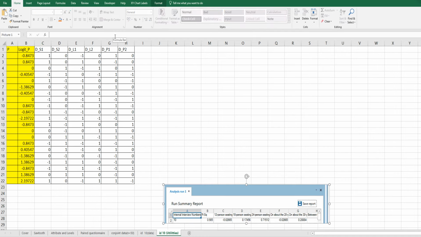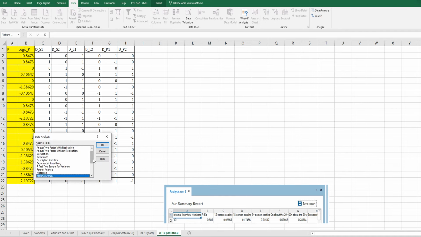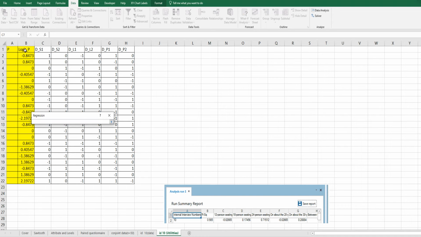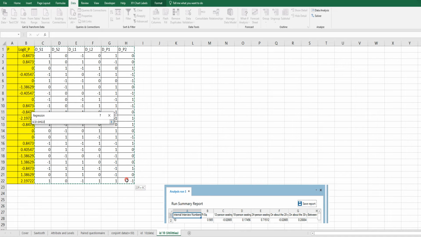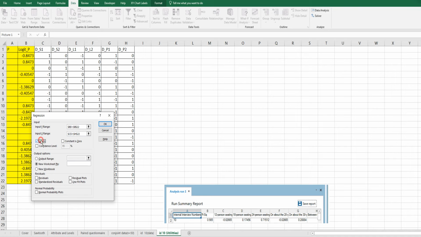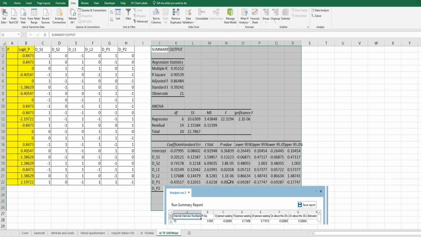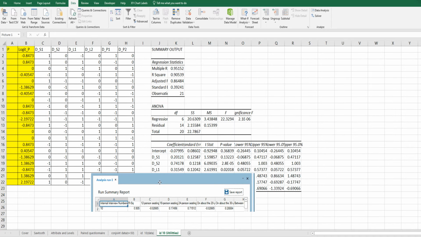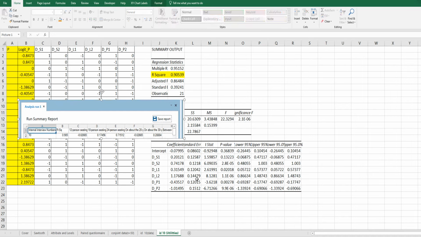Then go to the data analysis tab and choose regression. Y value, and X range from column C to column H. Right. So R square here. Okay. Same as this one. And finally, we need to